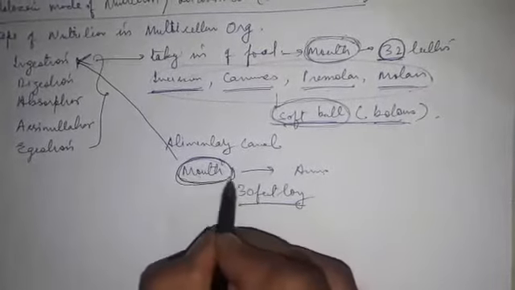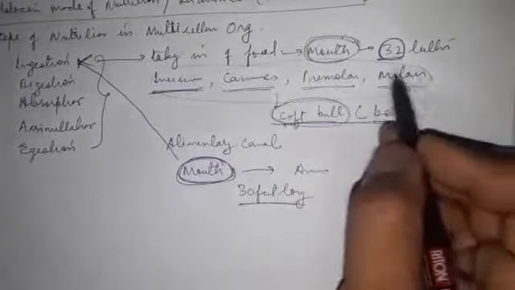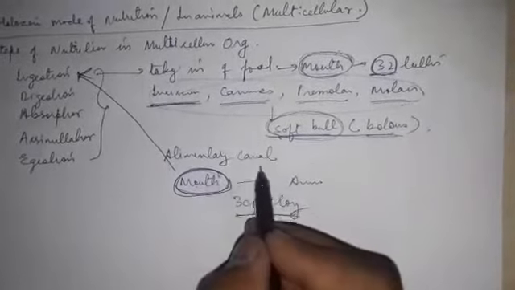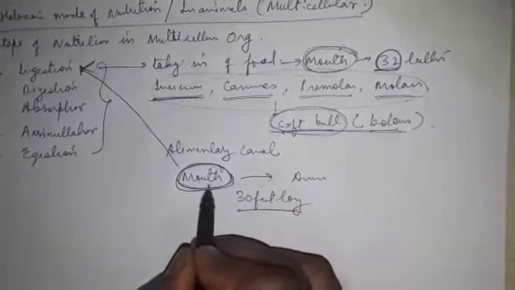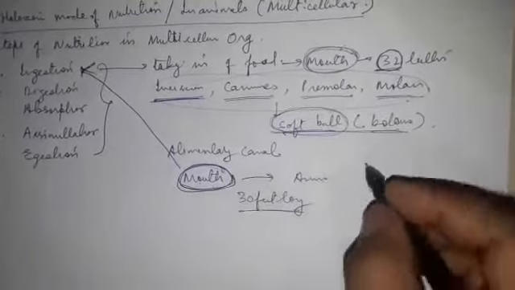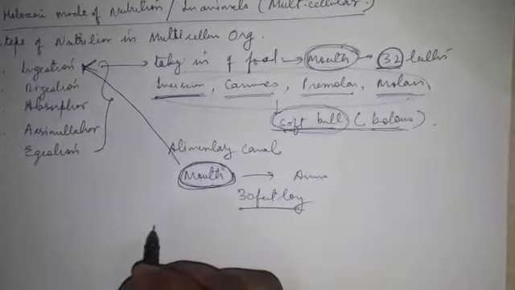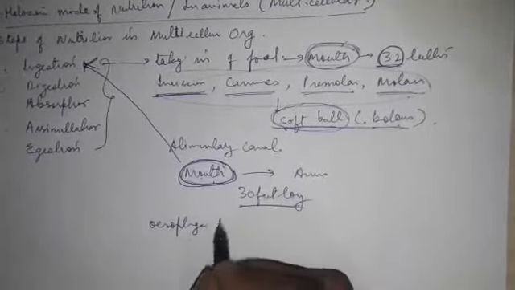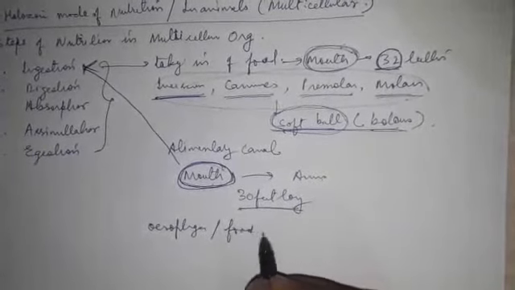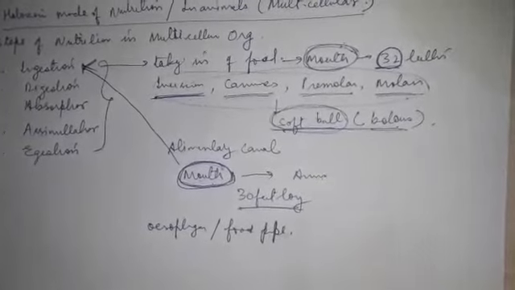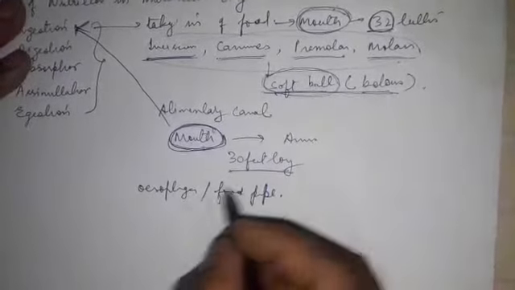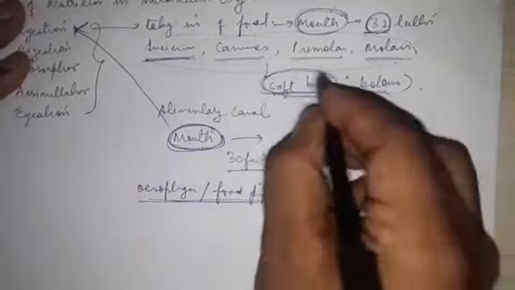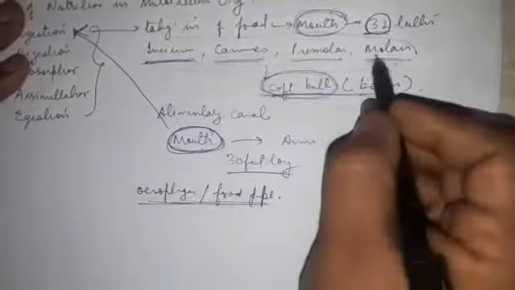So we have discussed the mouth: we take the food, 32 teeth work on the food and make it soft so that the food can be pushed easily to the next part of the alimentary canal, that is the esophagus. So second will be the esophagus, or we call it the food pipe. So that the food should not damage this food pipe, it is made soft by the action of these 4 types of teeth.